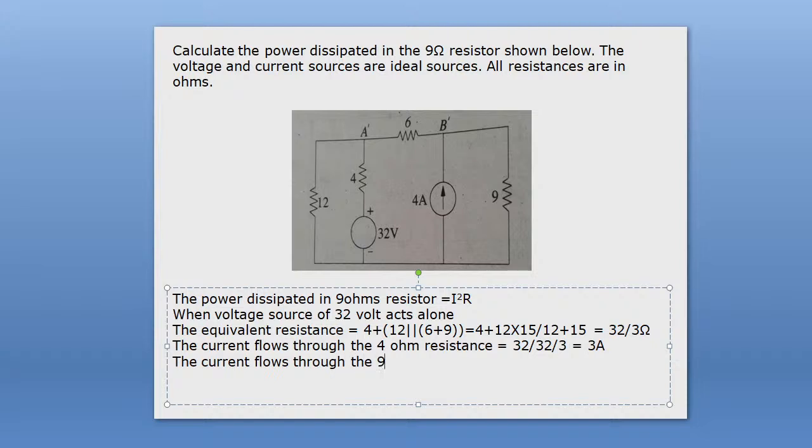You use the current division rule. This 3 ampere current is divided into two parts. So we can calculate the current for an individual component using the current division rule. Therefore 3 ampere into the opposite resistance 12 divided by the sum of the two resistances, 12 plus 15. Okay,